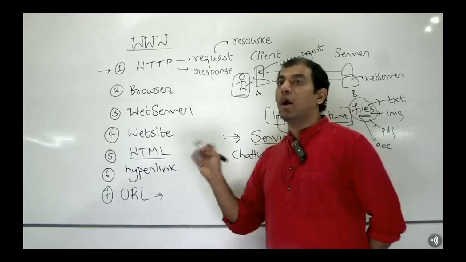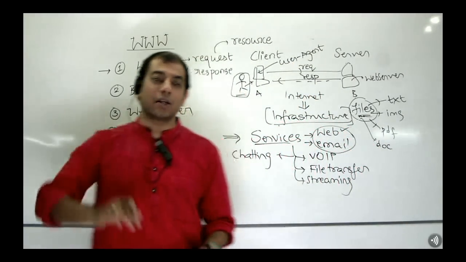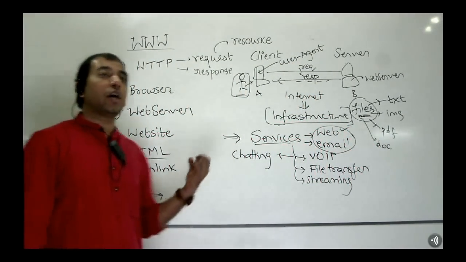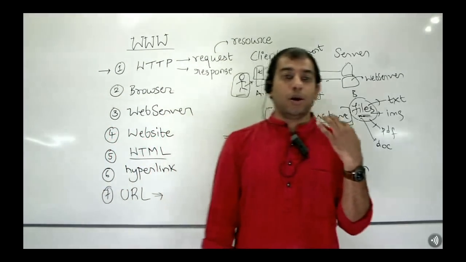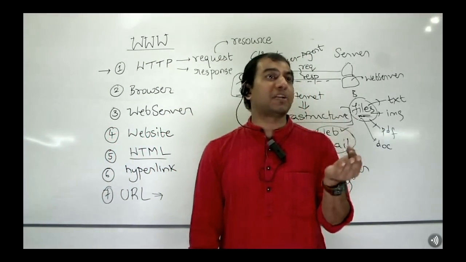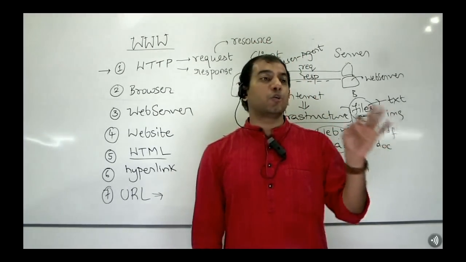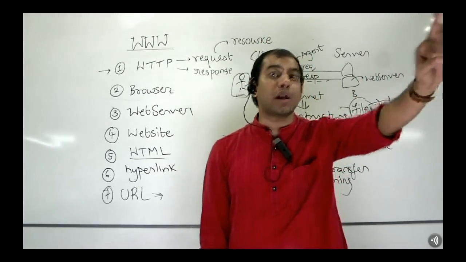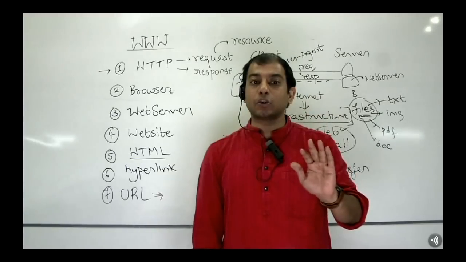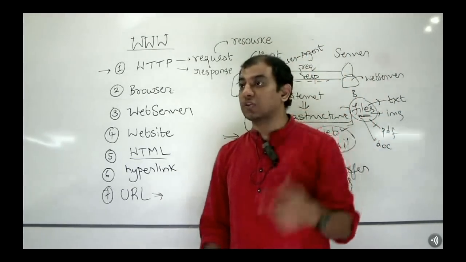A URL is not a link to a resource, even though you can term it that. A URL is a string which represents the path of a resource. A URL is what represents a path to a resource. The URL is not the resource; it represents a path to a resource, isn't it?